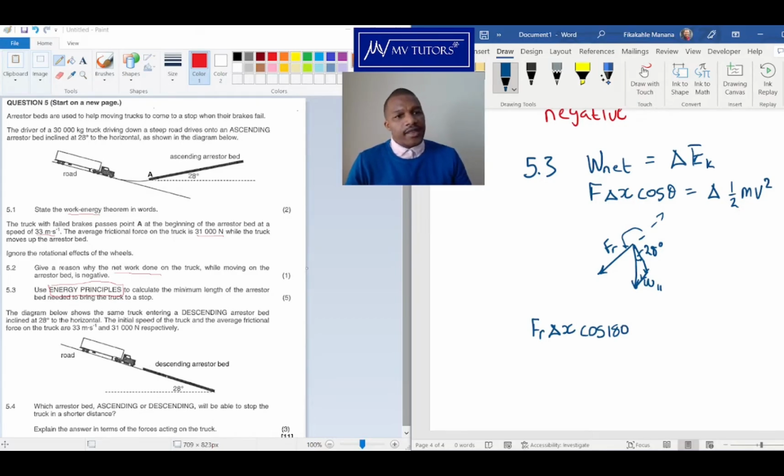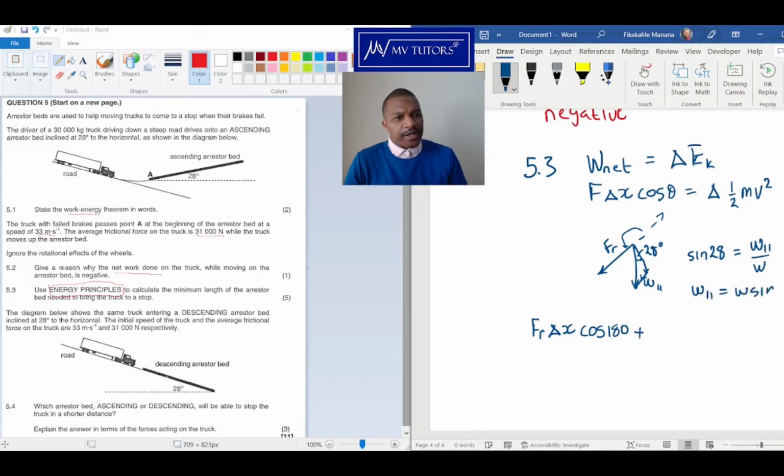Plus we've got the weight, the parallel weight. Now I just want to solve that parallel weight. If we say sine 28 is equal to the parallel weight over the actual weight, then